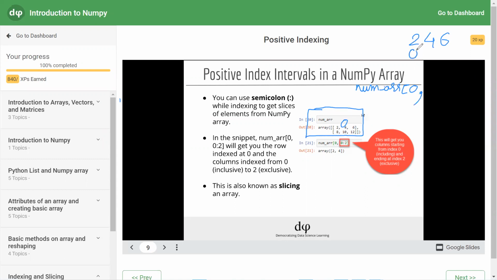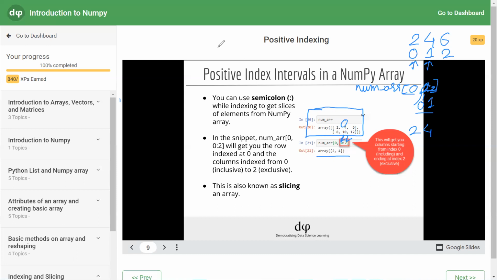This is at index 0, this is at index 1, and this is at index 2. 0 to 2 means 0 included, 2 excluded. So it will start from 0, run till 1, and not take the element at index 2. So 0 colon 2 means we are taking an interval of values. This interval is 0 and 1. So in the first subarray, at interval 0 and 1, we have 2, 4. Therefore, 2, 4 is printed on the user screen.